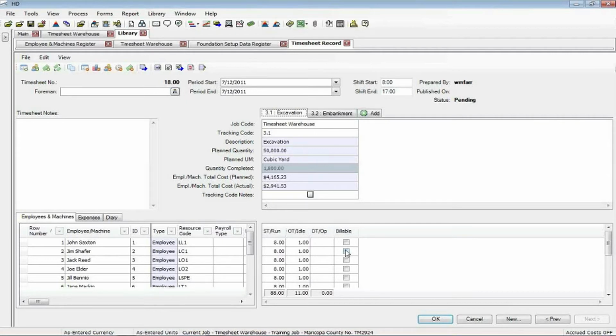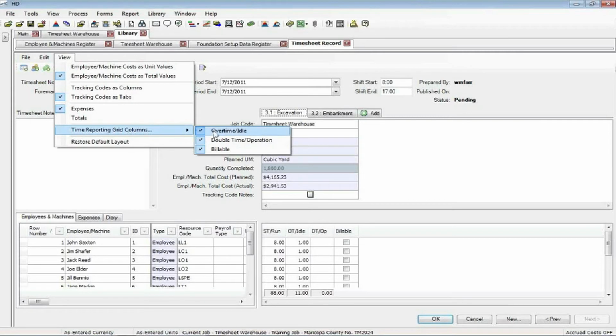Now there's a billable column. Basically, this is for what we call our time and expense, or time and material type cost items, which is not part of this session. So you have that involved. Having said that, if you go back up to the view,